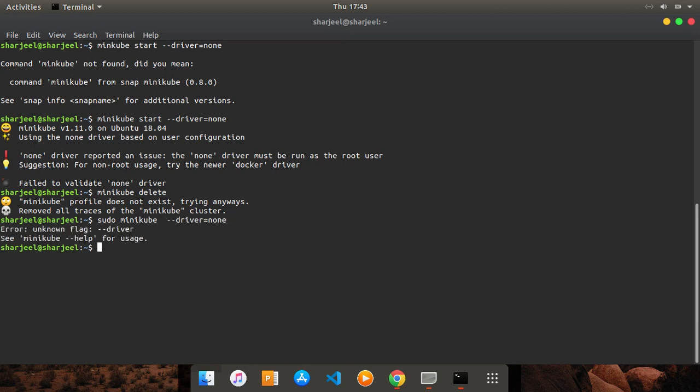Okay, unknown flag. I think there is too much space here, so I just need to type a single space. Okay, I need to type start here.